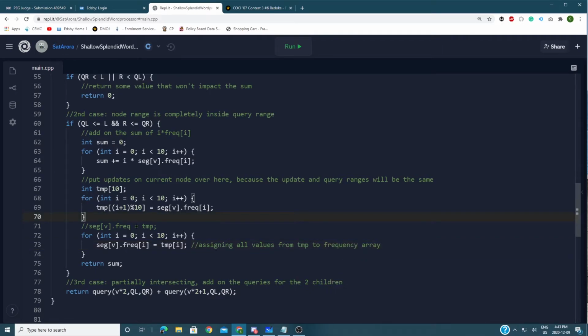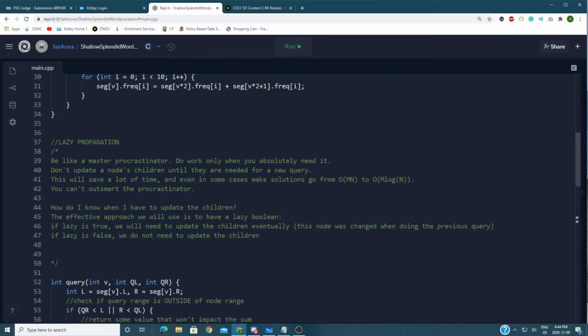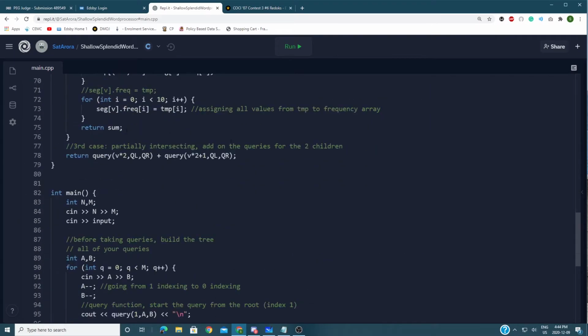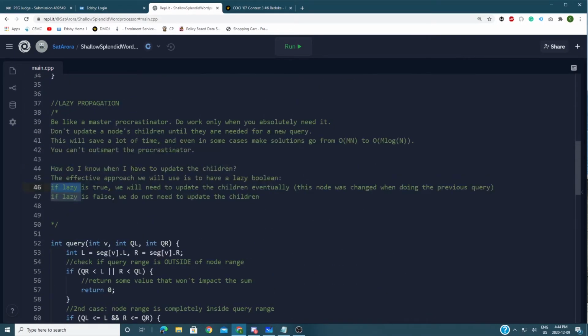And so this is effectively doing segv.frequency equals temp, but it's not going to break our program. You can just do list equals new list in Python, but not in C++. It has its wacky sides. So now that we've done that, we could just return our sum and be done, and then we'd be